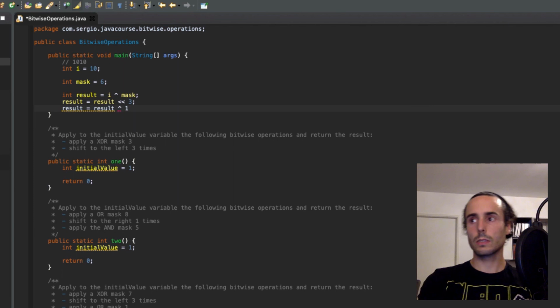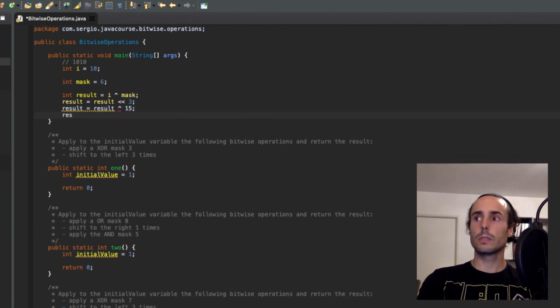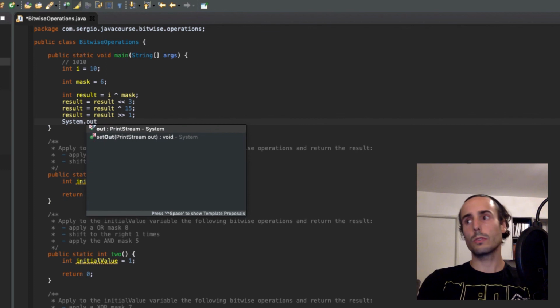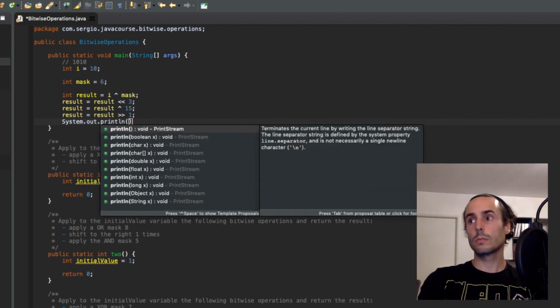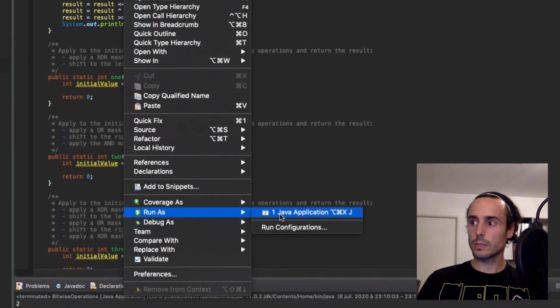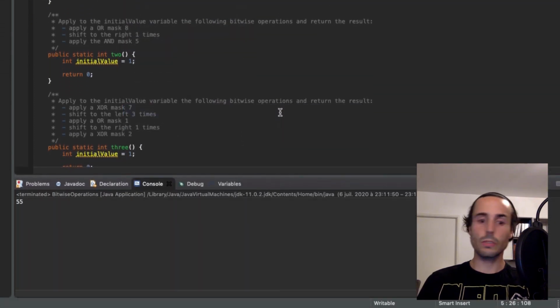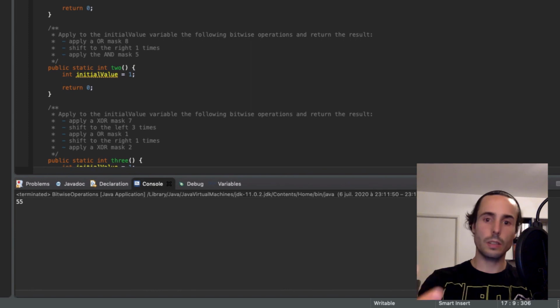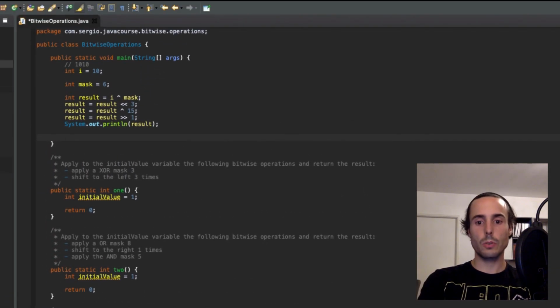Another mask if I want. And another shift. What's the result? I don't even know. Let's see. Okay, 55. But the interesting thing about having multiple operations is that it is very difficult to hack, because